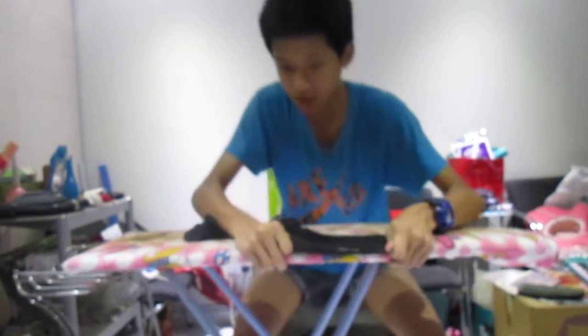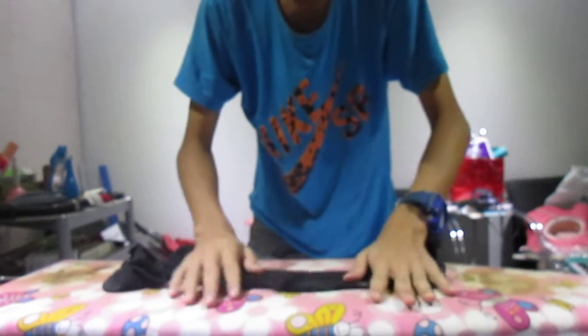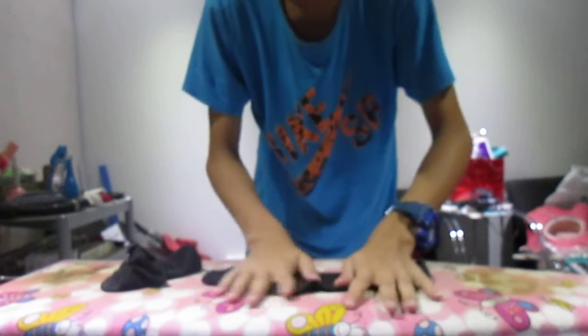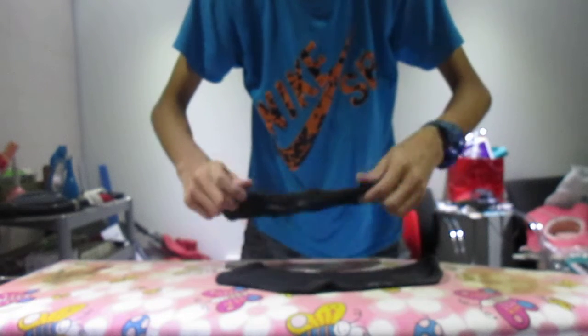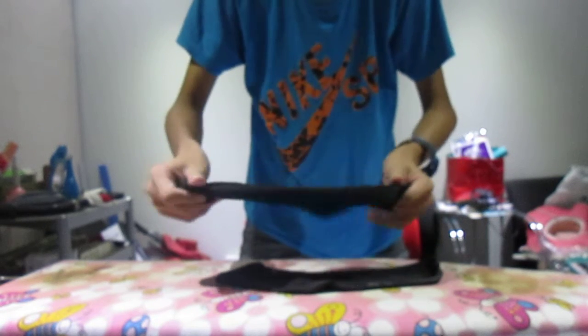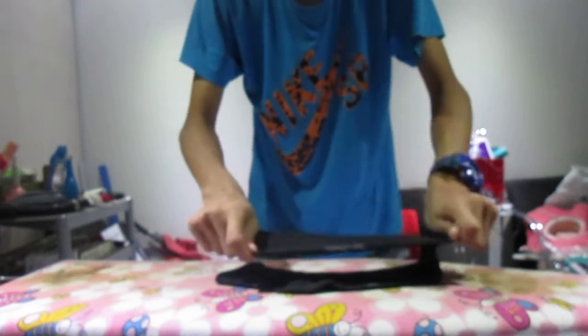Alright, I'm gonna take a pair of socks and unfold it and match it with the other socks. Like this, this is how you do it. Make it firm, everything like that, and do the same for the other socks and just match it like that. Alright, match it,